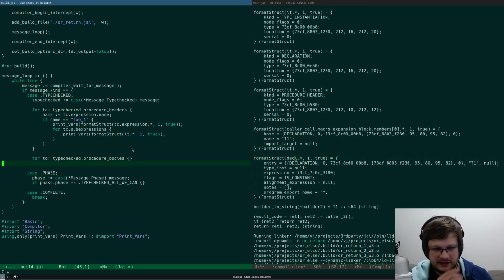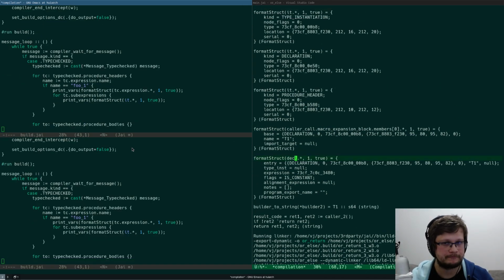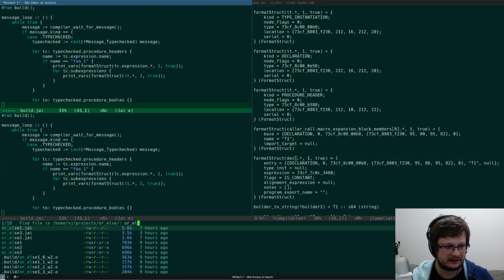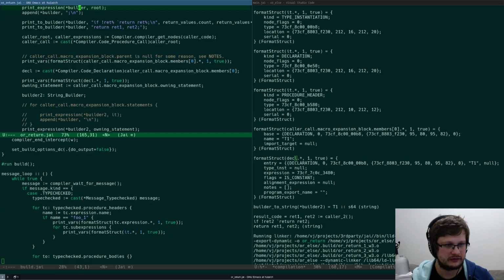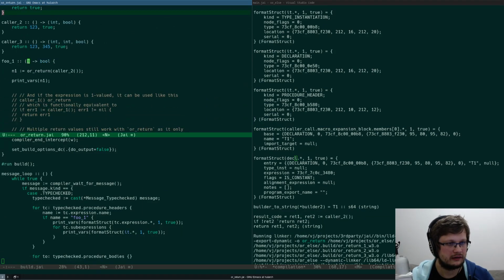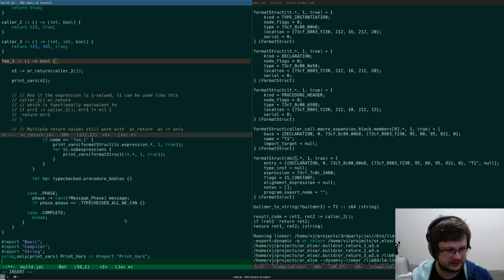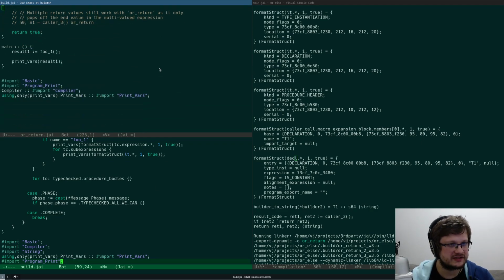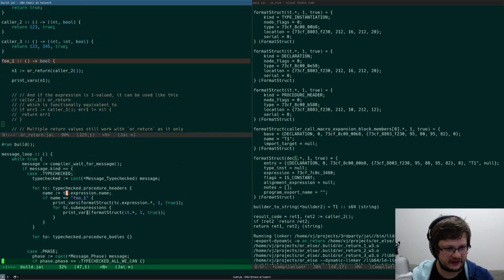this is the, let me open here, or else, or return. So this is the procedure header, and then this. I assume this is that, right? And if we also import and try to print the expressions, I think we will verify that.